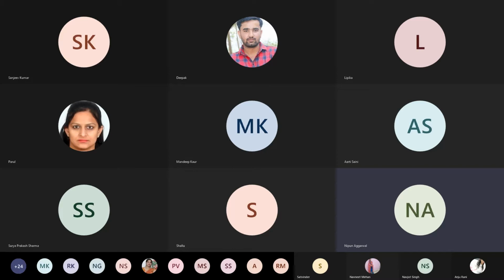Suppose we have made a survey form for individuals, and now we are counting. Out of maybe 100 individuals who have filled the form, how many of them are satisfied? 20 of them are satisfied, 25 of them are not satisfied. So I am counting the number of individuals. In that particular case, I can apply the chi-square test. So chi-square can only be applied when the data is in the form of frequency. That is the first condition of the chi-square.